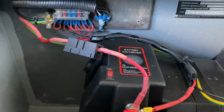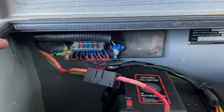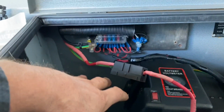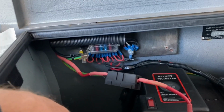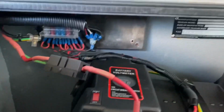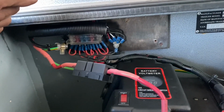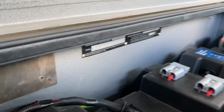So when I got this trailer, it had this fuse box, little fuse thing set up here, and it had a 105 amp hour battery just here. It was just sitting there in a cardboard box, and it was sliding all over the place. So I sort of fixed these leads up, and I soldered new terminals onto these leads because it was pretty ratty. So what I've got here is